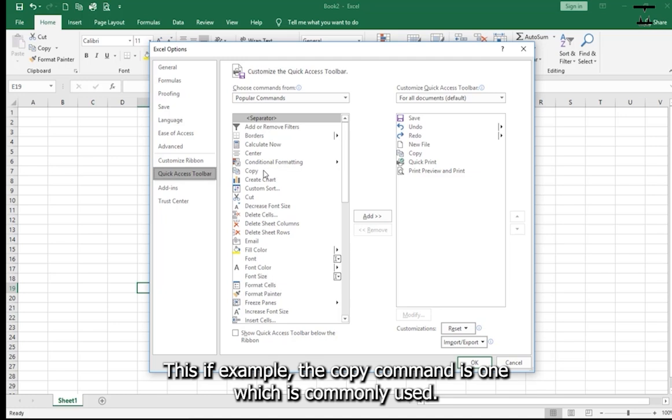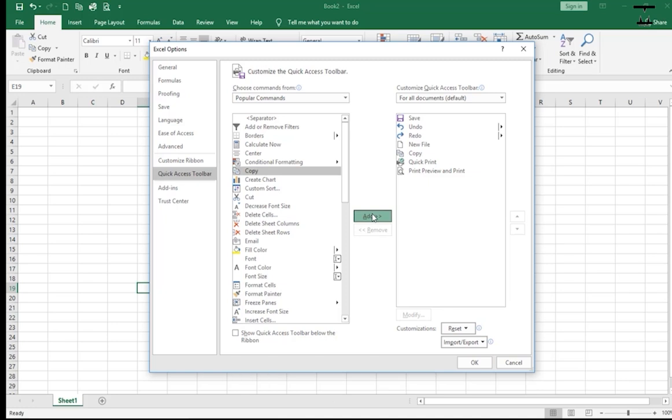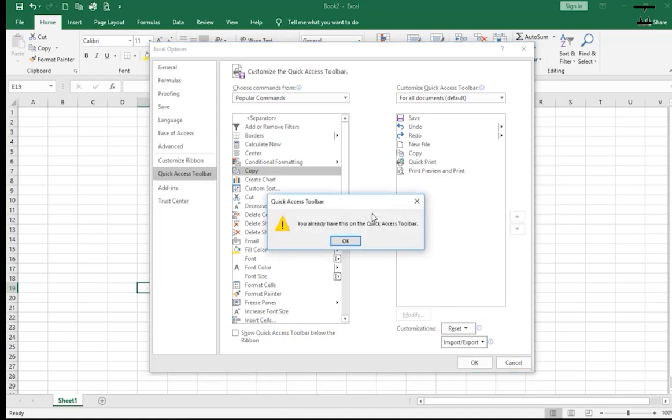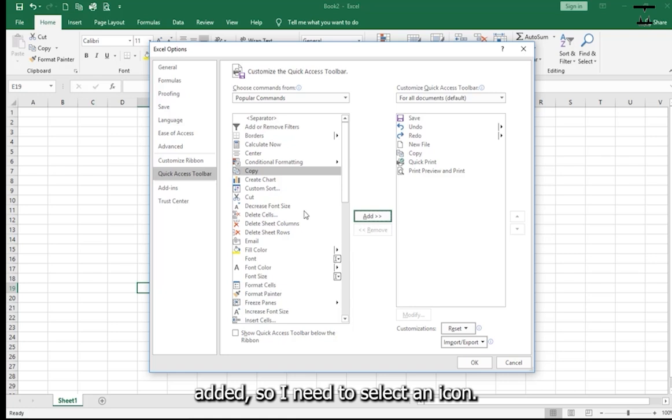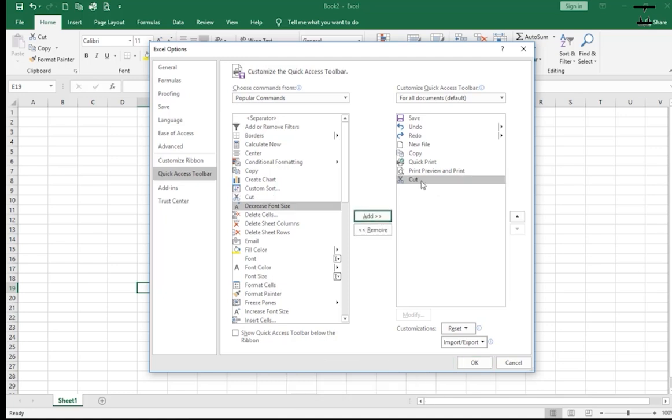Let's say, for example, the copy command is one which is commonly used. Once I click on that, then I click on add, it's going to be listed. This one is already added, so I need to select another one. I can select the cut command and click add, and it's going to be listed. And if you notice something,